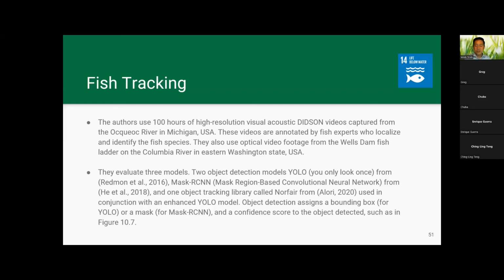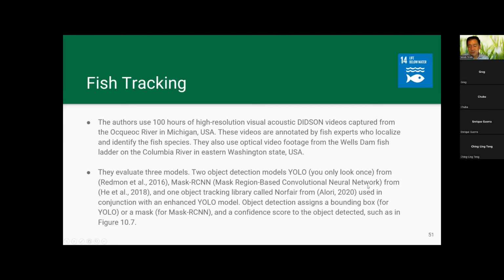They evaluate three models. I won't go too much into details, but you should at least know the names of these models. For object detection, before classifying an object, you have to know, is there an object there? So is there a fish there? So they have to use what they call an object detection model. So you have what they call YOLO, the YOLO models, meaning You Only Look Once, right? I'll put the reference here. And Mask R-CNN, so Mask Region-based Convolutional Neural Networks.